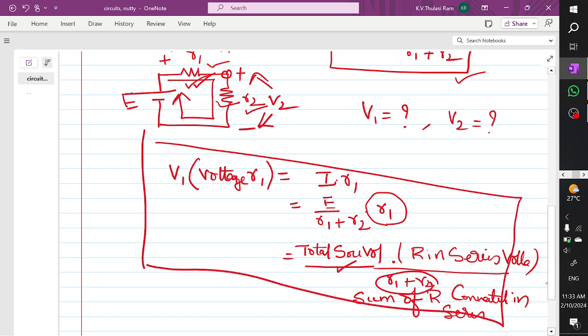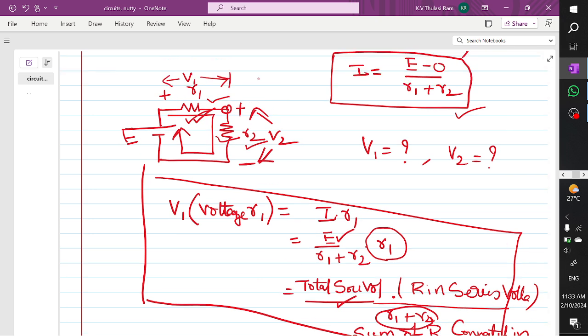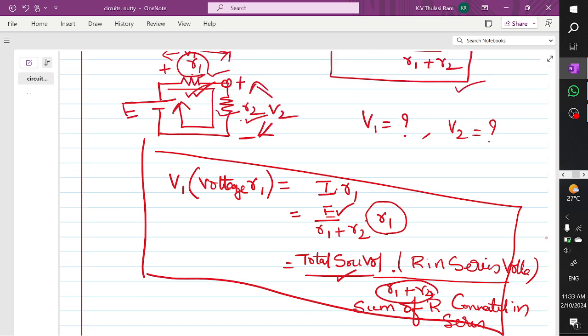Total voltage. What is the total voltage? It is nothing but E multiplied with... So here I require the voltage. What is the resistor at this voltage source? R1 divided by the sum of resistors which are connected in parallel. So similarly, I can